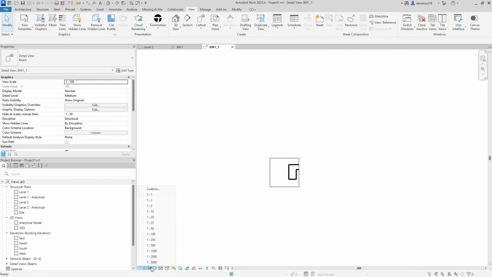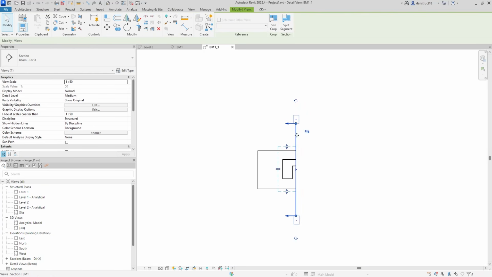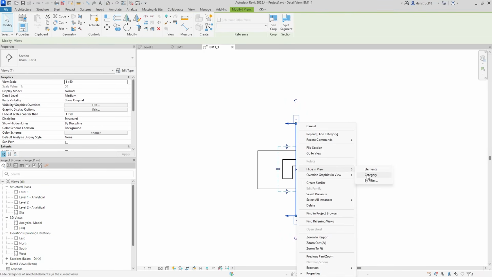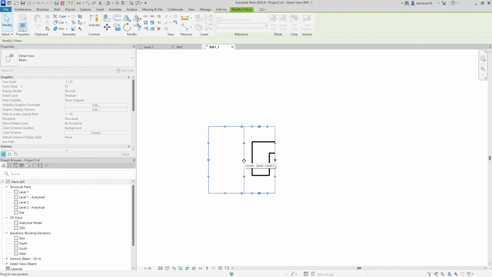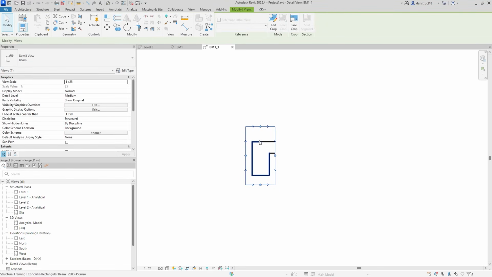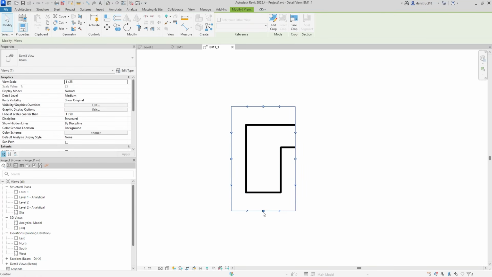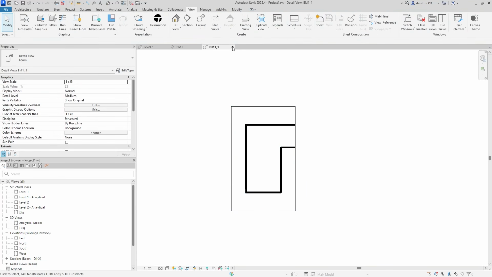Now for the section, I'm going to switch this to 1 to 25, that's fine. And we can see we have a section appear in this view, so I'll right click on it and I'll hide in view by category. All right, so now I'm going to click on the crop region. I'm just going to go ahead and make sure that it fits the beam like this. There we go. All right, so once it's fine, I can now come back and just close this,